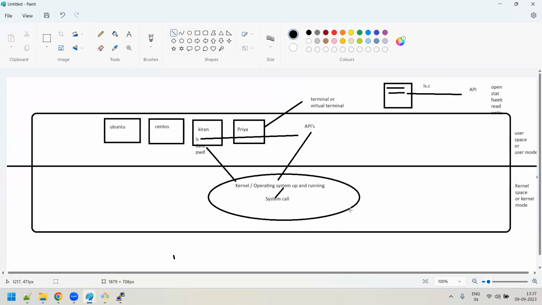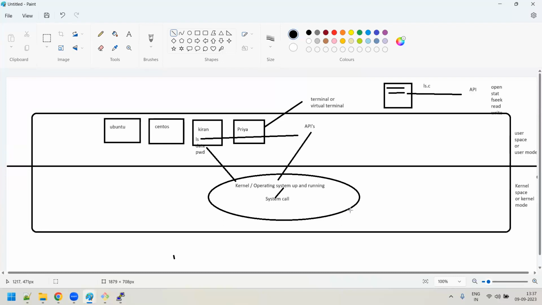Then what does a system developer or system level programmer or engineer do? Will they be implementing a new system call, working on a system call, or trying to understand how a system call works? Yes, their main goal is to understand how the system call works in the kernel space. That is the main intention, to understand in a deeper way how exactly the kernel works. Once they understand the system call execution or working flow, they are in turn understanding the kernel itself. So the embedded engineers and system level programmers have to understand system calls.